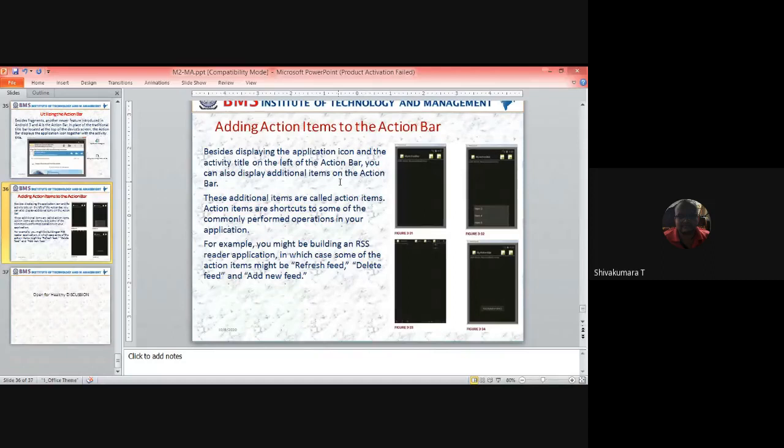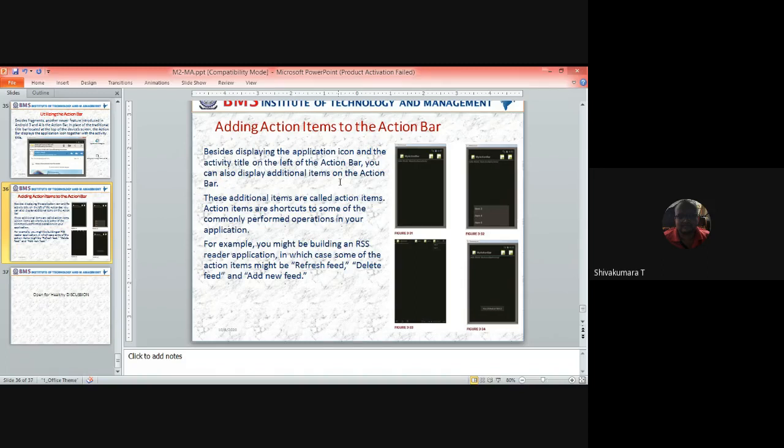Usually, most of the time, commonly performed means contact list, phone calls, accessing the camera, searching your phone, or searching for a particular file from the explorer. These common actions you usually push onto the action bar. These applications are apart from your application, but still supported by your application, right?